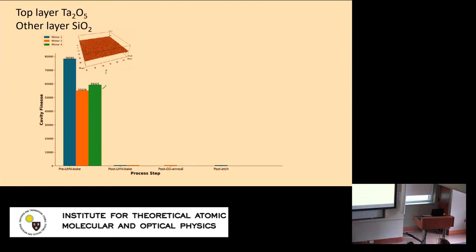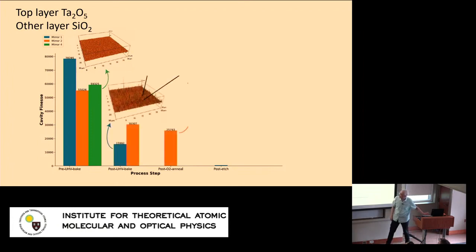So here we have 3 different mirrors. They had 50 to 80,000 finesse mirrors. What you see is an AFM of the mirror surface. So nice, this typical 2 angstrom or so RMS surface. And when we baked the system for the vacuum, finesse dropped precipitously to 15 to 20,000. We had in a previous experiment been able to flood the chamber with oxygen and restore some of this finesse, but we weren't able to in this case.